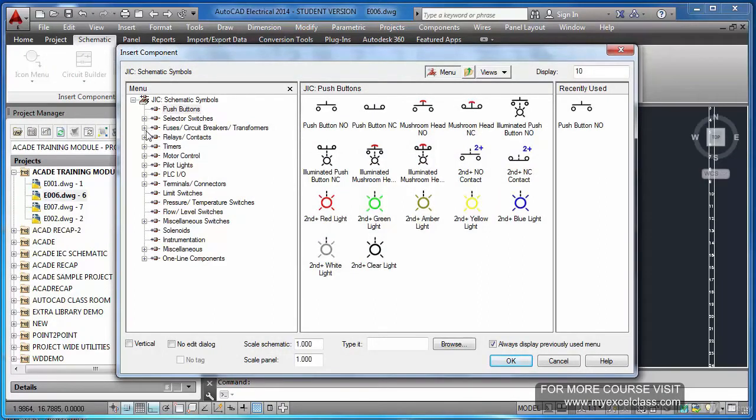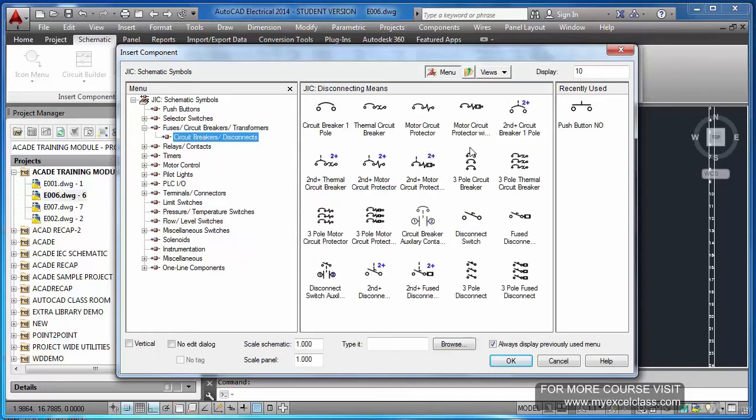See here you can see the list. I can find the circuit breaker here. Just press the plus button here. Circuit breakers and disconnectors are coming here. Again click it. Now you can see the circuit breaker list.